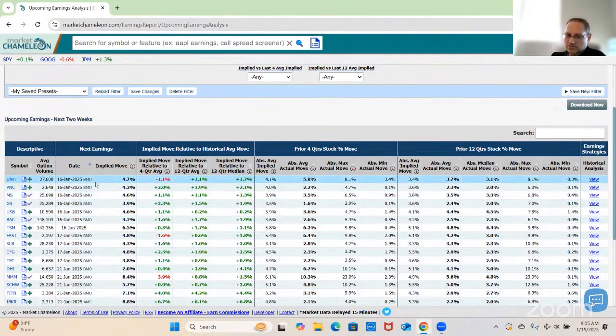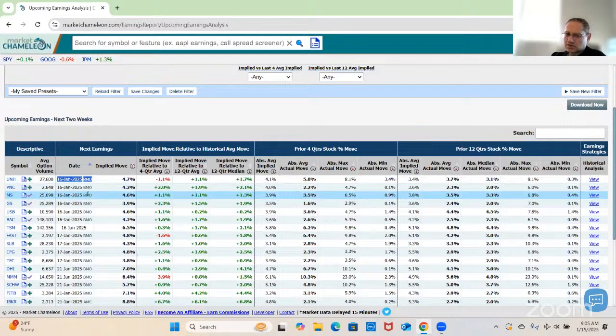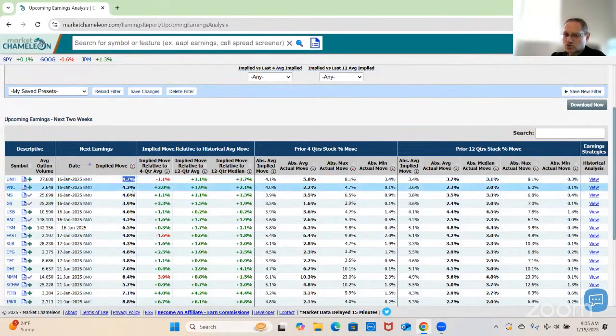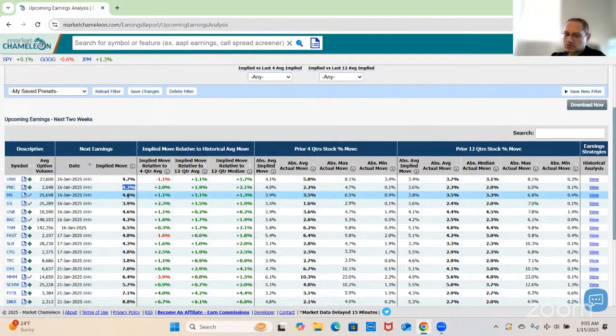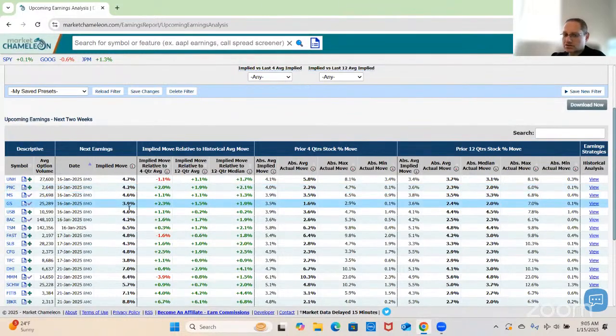This also gives us the next upcoming expected earnings date. And then it looks at the most current option straddle that covers earnings and calculates the implied percent move. Okay, that's the current implied move. So some of these stocks may not report earnings for a couple days, a week, up to 2 weeks. So if you're looking at a straddle a week away or 2 weeks away, keep in mind that that's also pricing in